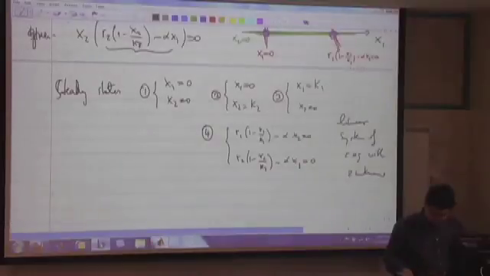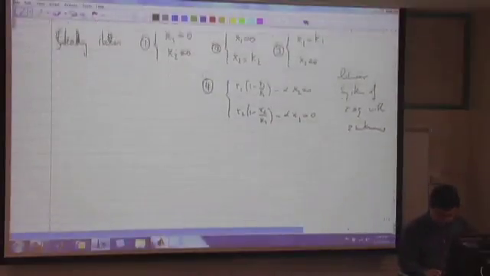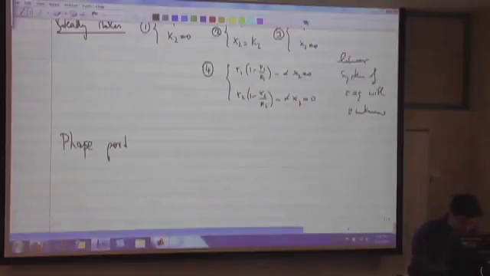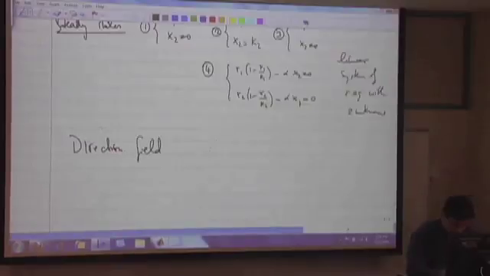And I mentioned last time a little bit about this. So this would be the steady states. Now the phase portrait. Well, first of all, let's start with the direction field. So the direction field of a dynamical system is really